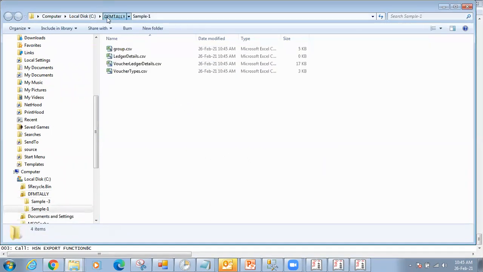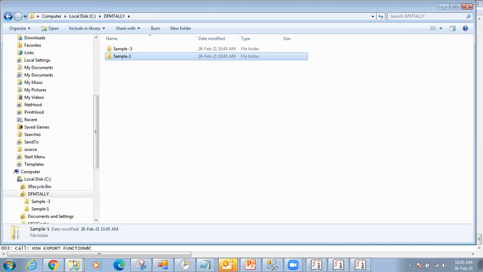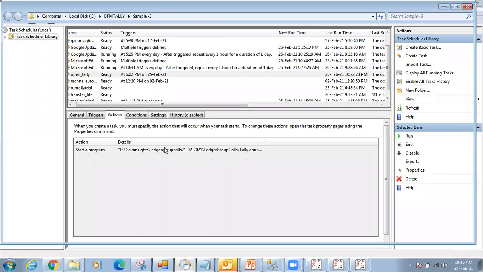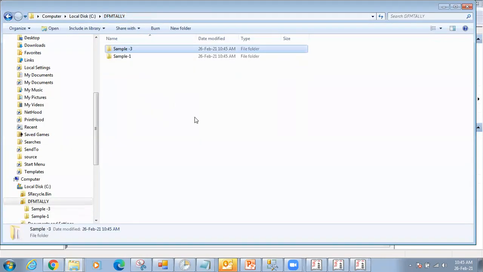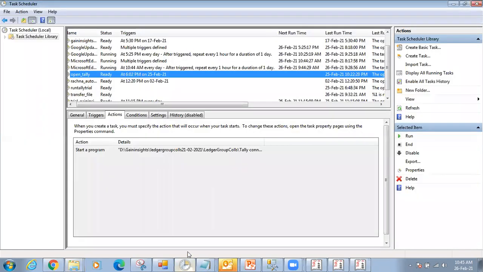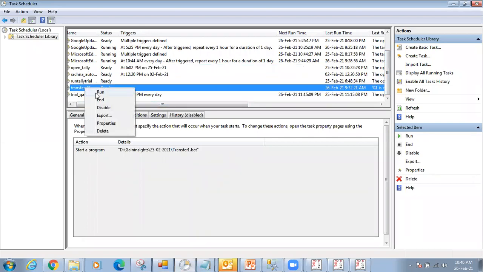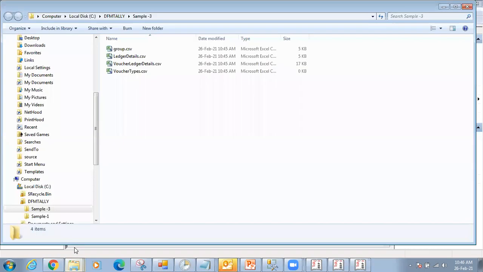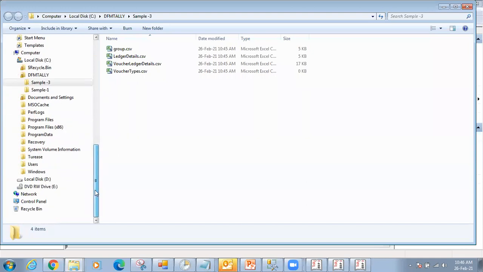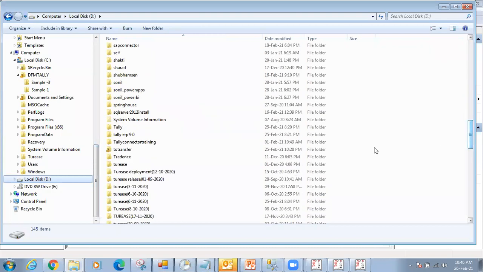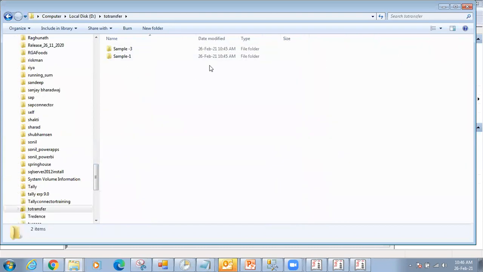Now what I've done here is I have made a batch file for copying. So based on this particular video, I've made a batch file for copying. Now this particular batch file, when you run, it's loading this data, right? Now when you run this batch file, it will automatically copy the data from this place to this place. So I run this thing. If I run this, then it will automatically copy the data from one folder to another. So I've copied this data from C colon to D colon, and I made another folder called transfer. So it will automatically copy it also.